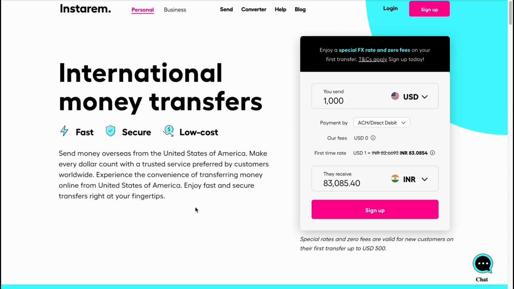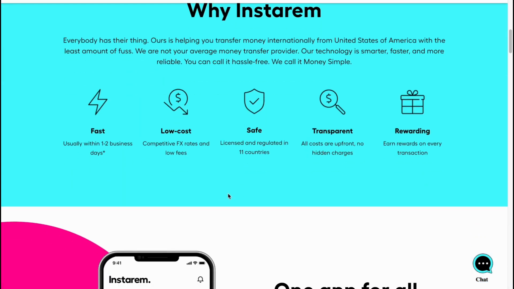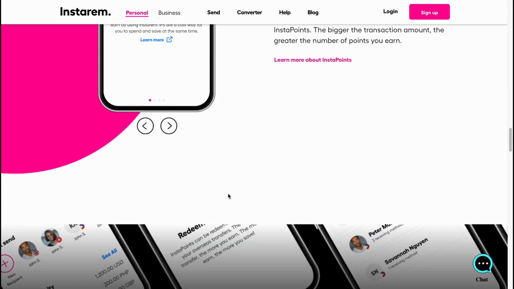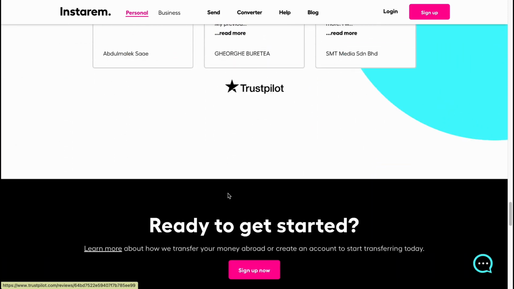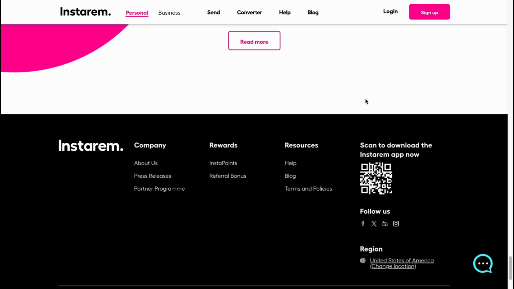right at your fingertips. Of course, it's not always necessary to use the web version. If we scroll down a little, we can see that they have their own app, and we can easily find it on the App Store or Google Play. And we can easily scan this QR code to get the Instarem app, depending on the platform you are